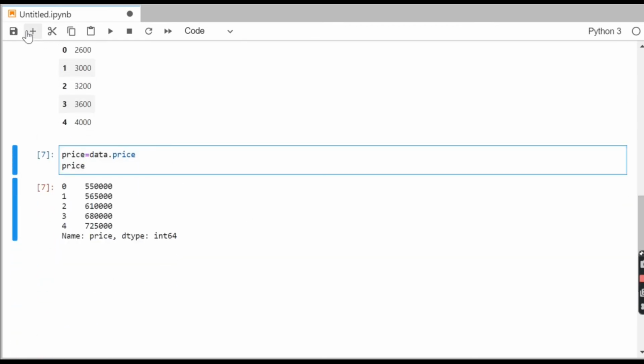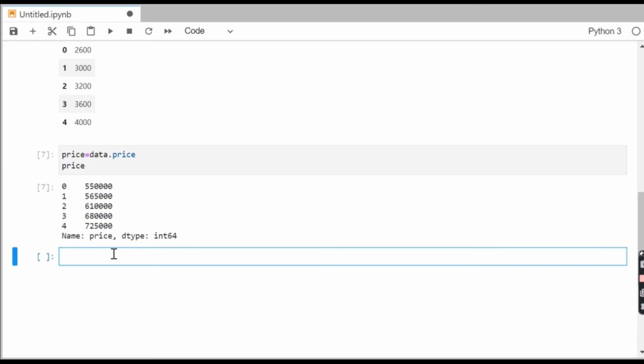Now our next task is to create a linear model. For that you need to write from sklearn import linear_model. sklearn is a predefined package where you can find various machine learning libraries.